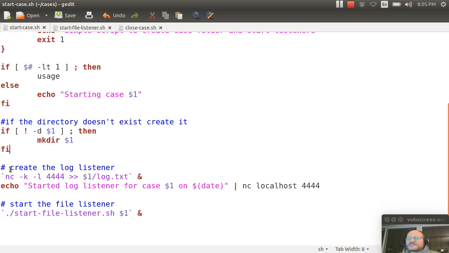Now I create the log listener, and I use netcat. We talked about the syntax in a previous video. So here I say netcat -k for keep it alive, -l, and the port I want to listen on, 4444. Everything that comes in, I will append to a file, and the name of that file is my case name, which is stored in $1